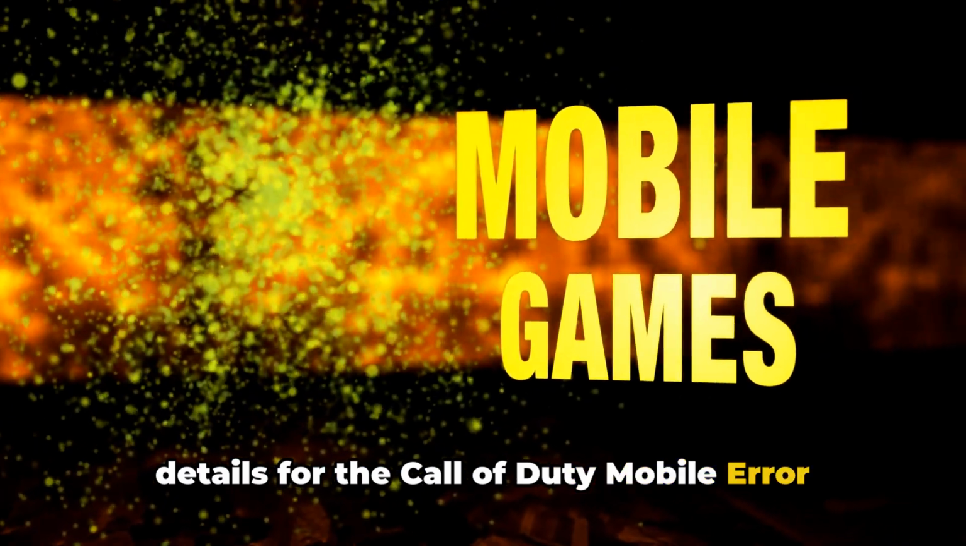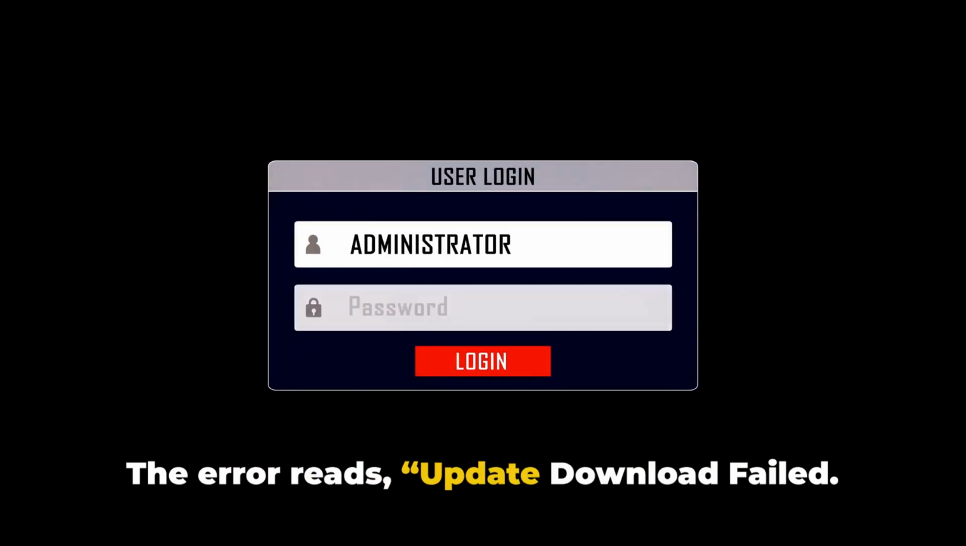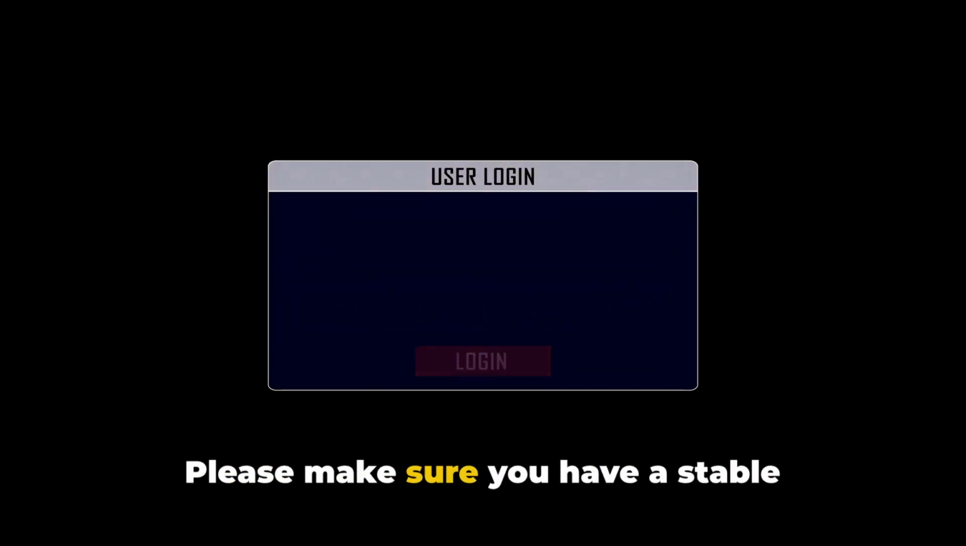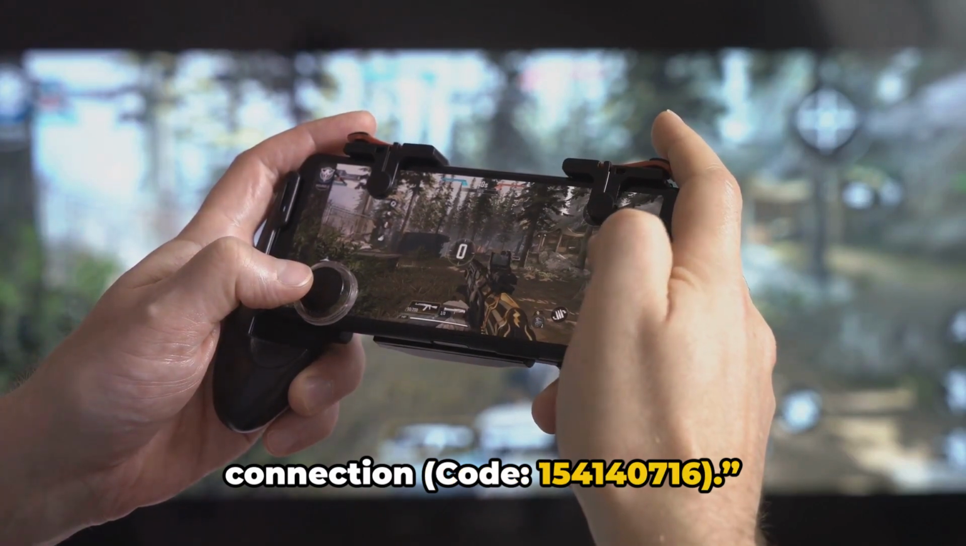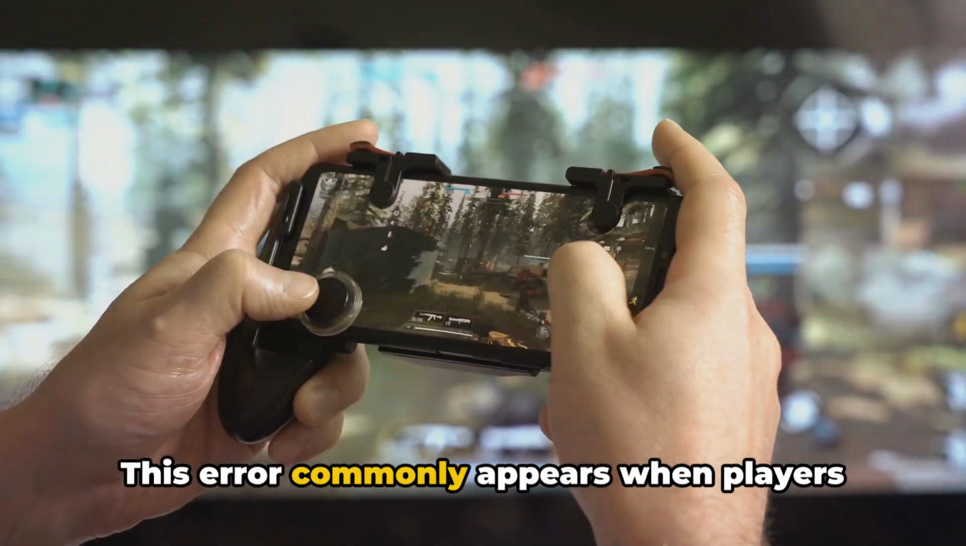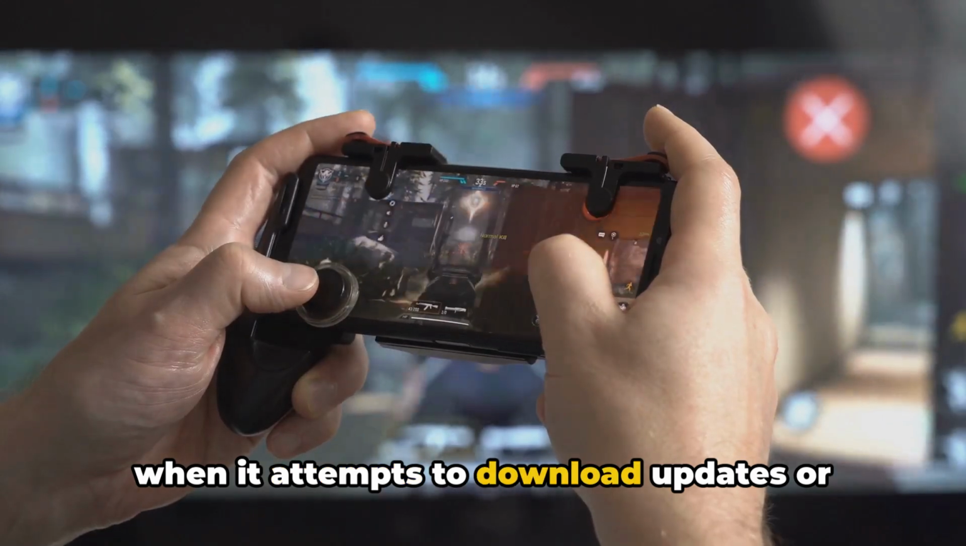Here in the video we will share the details for the Call of Duty Mobile error code 154140716. The error reads, "Update download failed. Please make sure you have a stable connection. Code 154140716." This error commonly appears when players try to load into the game, specifically when it attempts to download updates